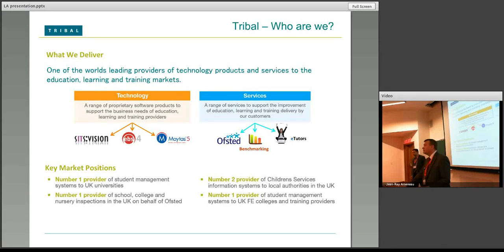So we've benchmarked around about 80% of the community colleges in the United Kingdom, and also over 50% of higher education institutions. And benchmarking is really looking at how much does it cost to deliver a course, but also the student experience. There's a big national survey that goes on in the United Kingdom which identifies which universities are providing the best and the worst experience. We use that information, which is also fed into our Learning Analytics program.